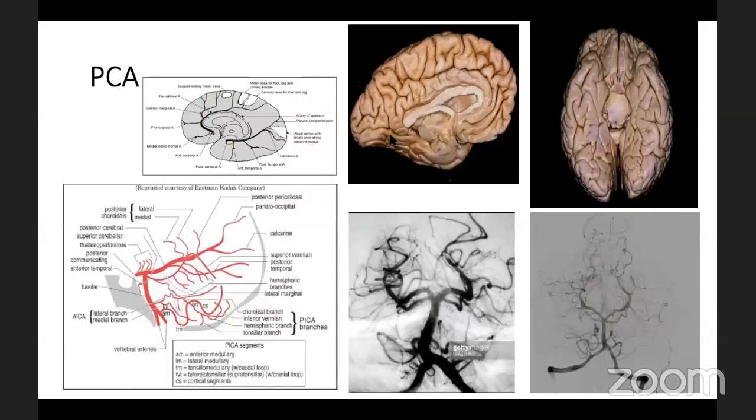You don't see them very well, but it will give an anterior temporal branch, which is supplying the anterior part of the tentorial surface of the temporal lobe, a posterior temporal branch, which will supply the middle part of the tentorial surface of the temporal lobe, and then a temporo-occipital branch will supply the tentorial surface of the occipital and temporal lobe posteriorly. That's why when patients cone, the medial cortical part will look low density because of ischemia of